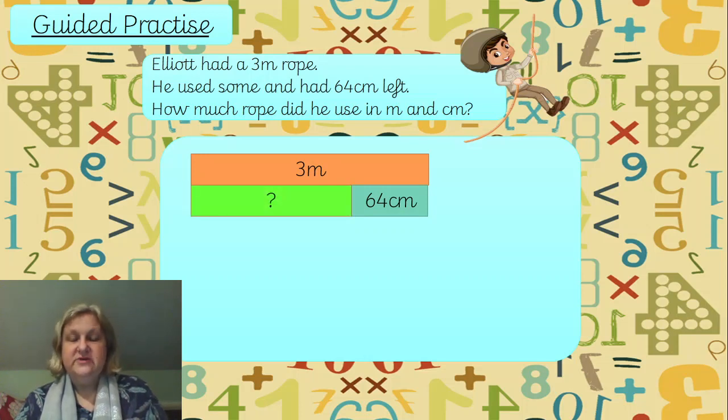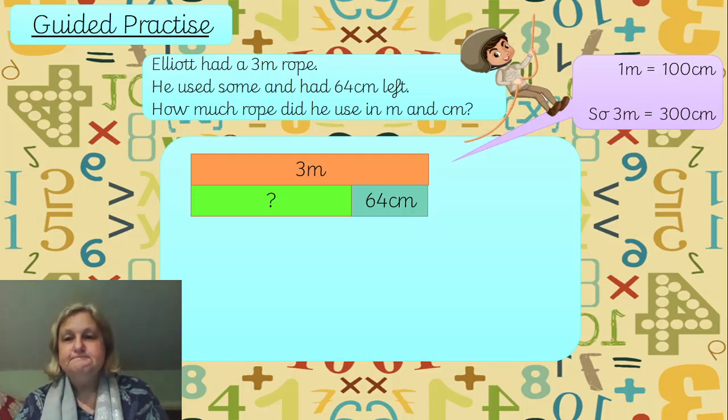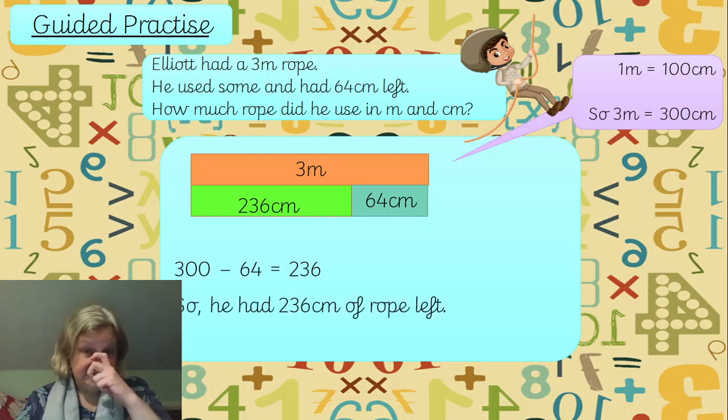You're absolutely right. Hopefully you've got that. That's a takeaway. So we're going to change these meters into centimeters again. 1 meter is 100 centimeters. So 3 meters equals 300 centimeters. So 300 take away 64. In my mental maths, 300 take away 60, 240. Take away 4, 236. Put that into my bar model, and now I've got my answer in centimetres,